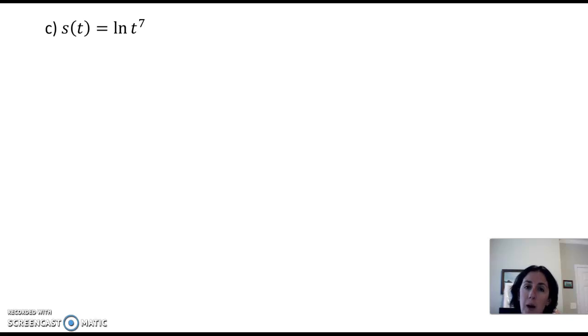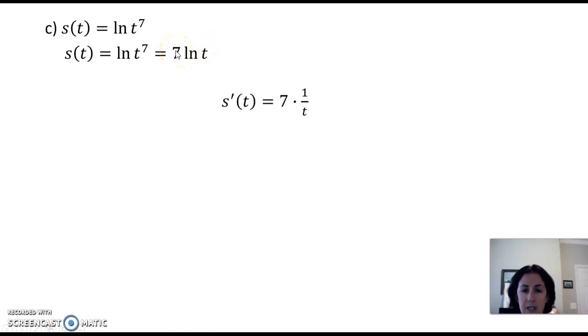But we have these properties of logarithms that are supposed to make our lives a little bit easier. What we're taking the natural log of is being raised to a power. I can actually bring that power out front. So this function is 7 times the natural log of t. This is something pretty easy to take the derivative of, that's just 1 over t, and this is a coefficient, so the derivative is 7 times 1 over t,